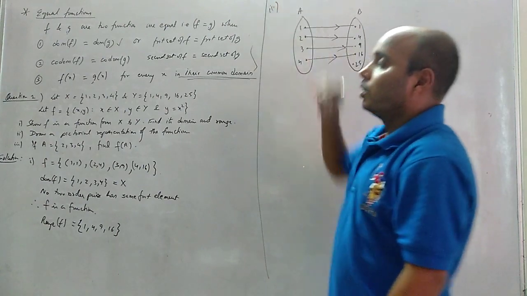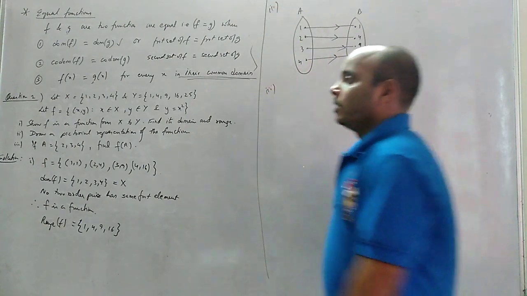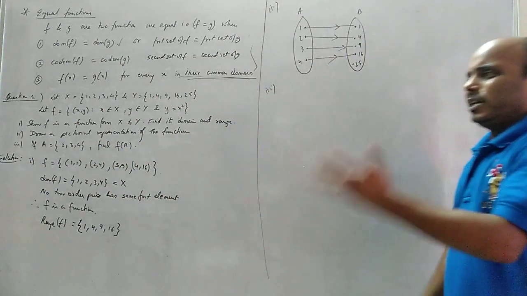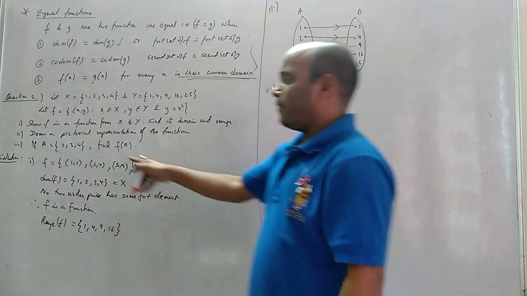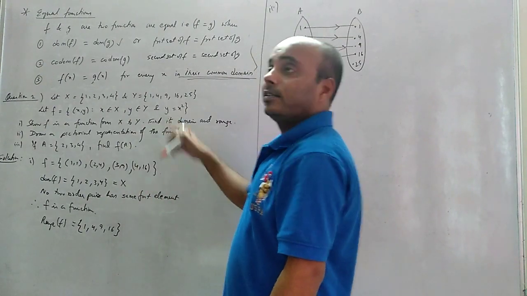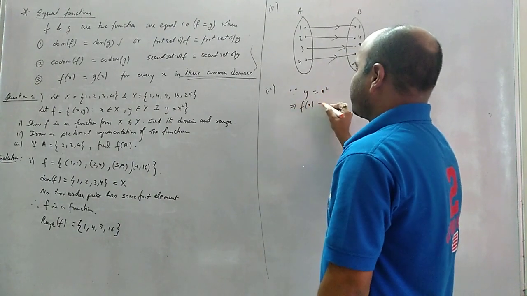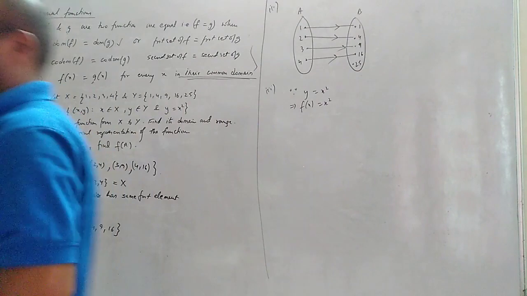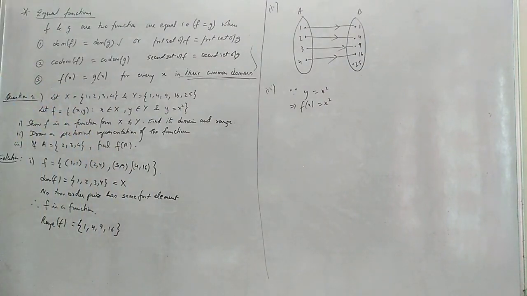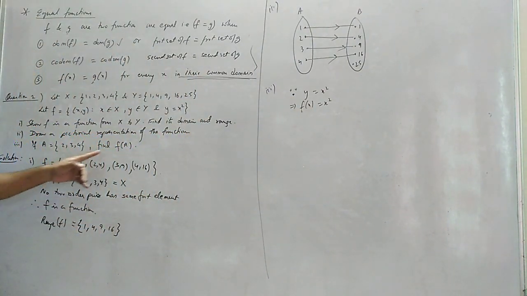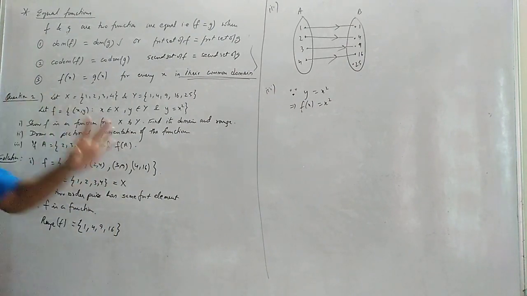Question number 2 done. Now question number 3. If A equals 2, 3, 4, find f of A. ये क्या है भाई? f of A क्या होता है? So what is this f of A? f of x, y. Since y equals x square, this implies f of x equals x square. ये समझ में आ रहा है? Because y को ही हम f of x बोलते हैं, class. Okay, that y is only called as f of x. And in the place of x, what we have here, A. That is the elements of A. Clear?